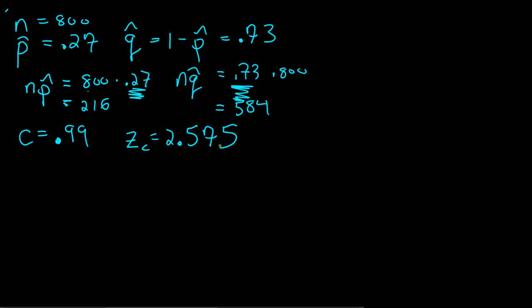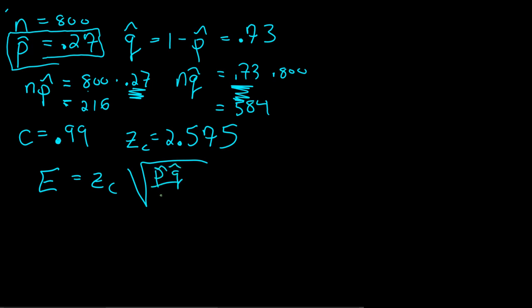I tested my statistics. I have NP and NQ are greater than 5 each. That means I can make these statements with a 99% confidence. Right? That's what these tools are letting us do. They're letting us measure the confidence of our sample data and let us talk about the population with a 99% confidence. And I'm particularly talking about my sample data. My experiment said 27% of the people get their news from television. I want to talk about the population getting their news from television. Well, so I'm going to say 27% of the population get their news from television, and I'm 99% confident that 27% will be within the error range